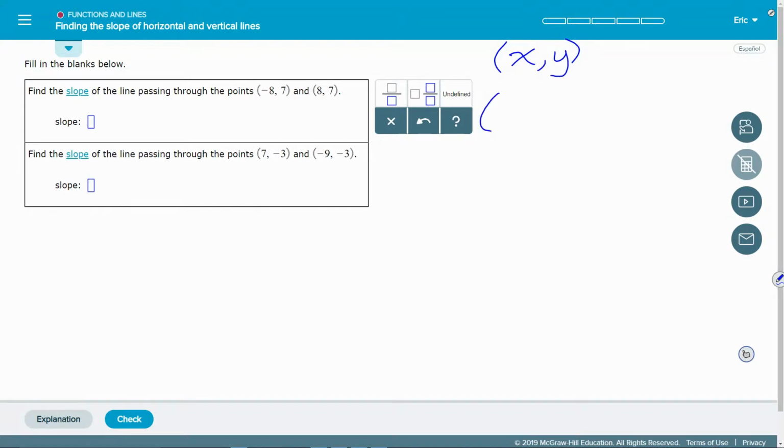If you have 2 points, your first point is just x1, comma, y1. Your second point is x2, comma, y2, so on and so forth. The equation for finding the slope of a line varies depending on what information you're given, but if you're given